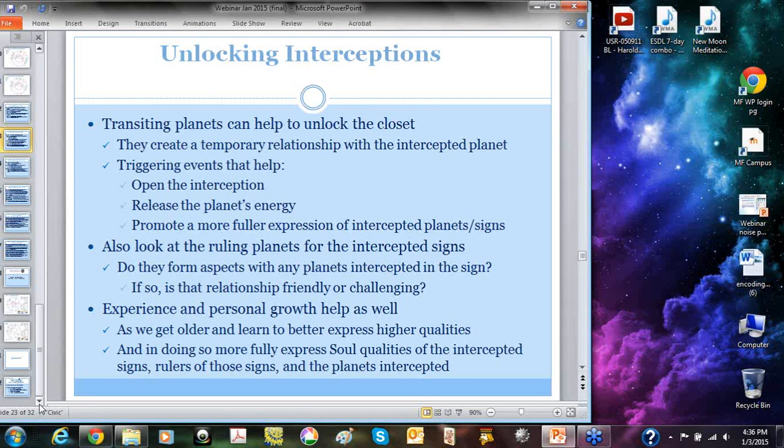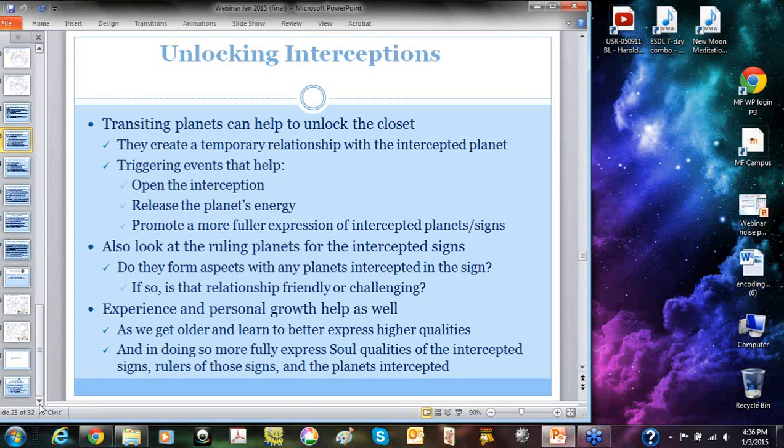I did not put up my own chart here. Maybe I should have, but as I looked at the various house systems and my own astrology, in 2 of the house systems I had the same signs that were intercepted, and in one of the house systems I had 2 other signs that were intercepted. I could make a case for both, that in my earlier life, when I was raising my children and was more involved in their life, certain energies were not expressed because my attention and my life didn't permit that.